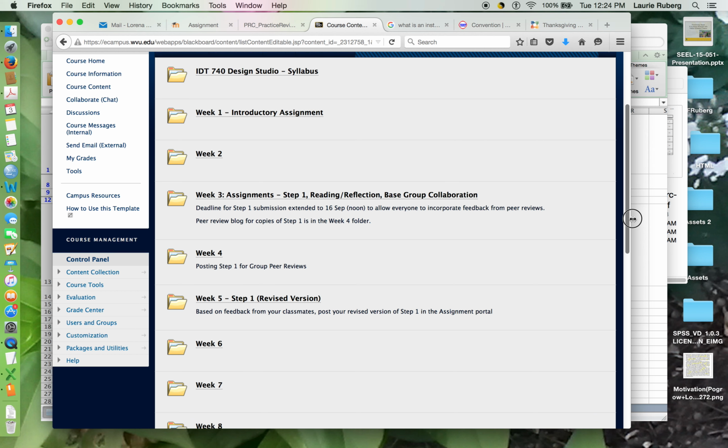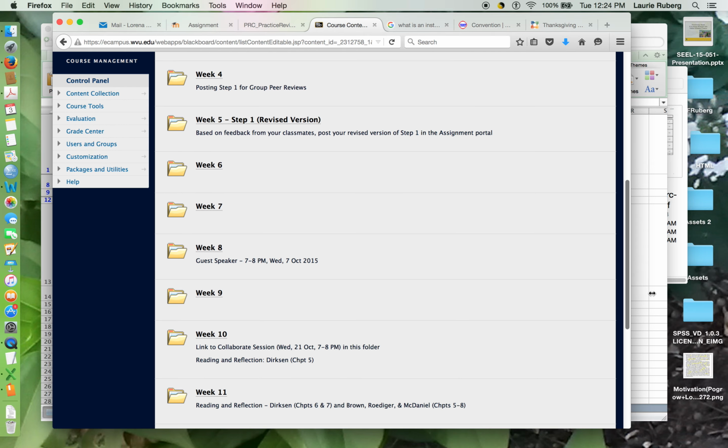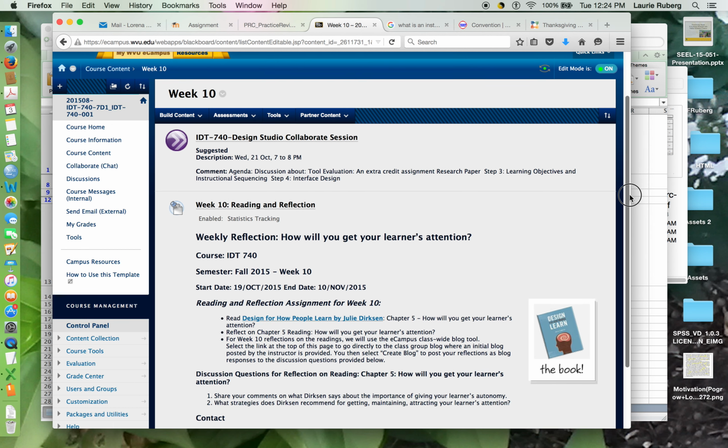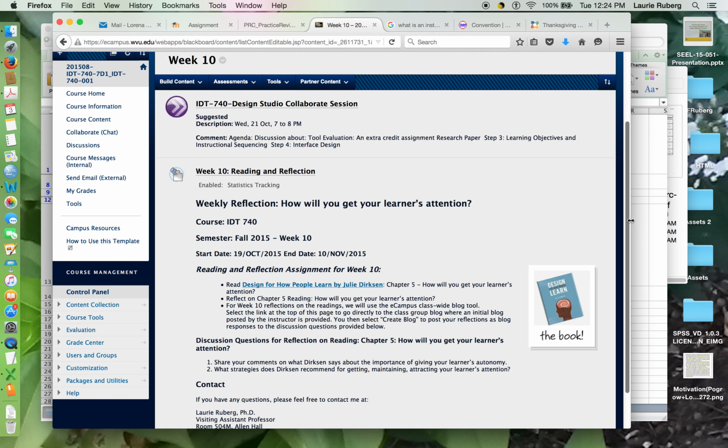Let's begin with the week 10 folder. Week 10, we had a collaborate session in the evening. And this is the reading assignment that is on the assignment summary for week 10. I was a little slow in getting this blog posted, but the reading assignment has been in the syllabus. So I have it started for week 10, but I've given you an extension on the due date to November